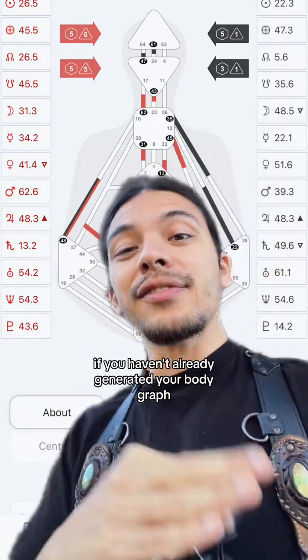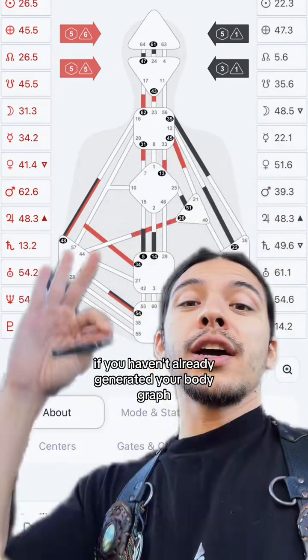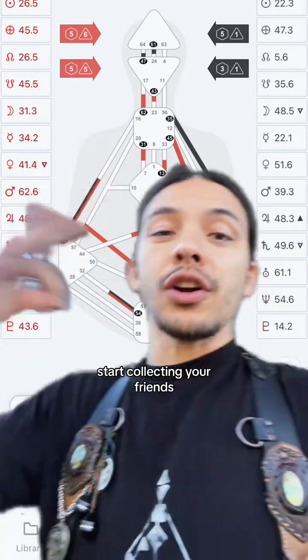So I highly recommend, if you haven't already generated your body graph, go get Neutrino Design, generate it there, start collecting your friends like